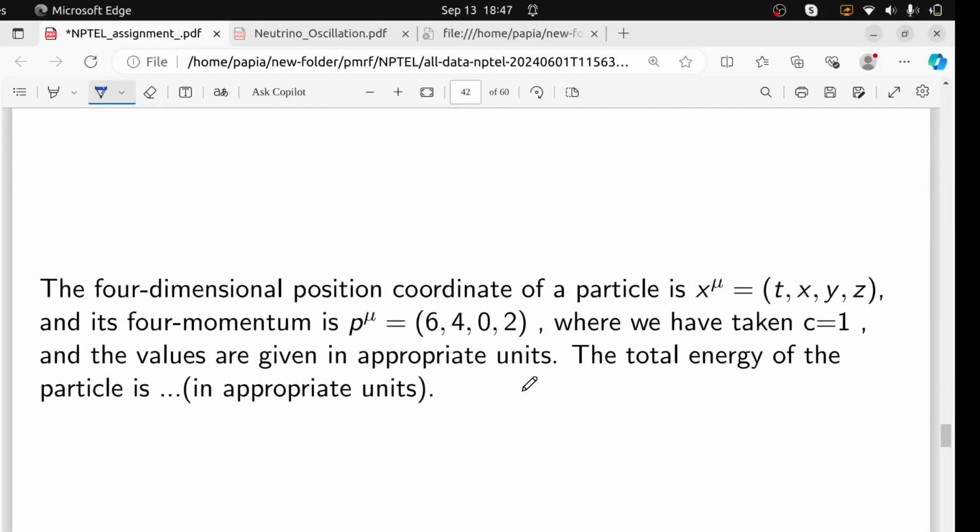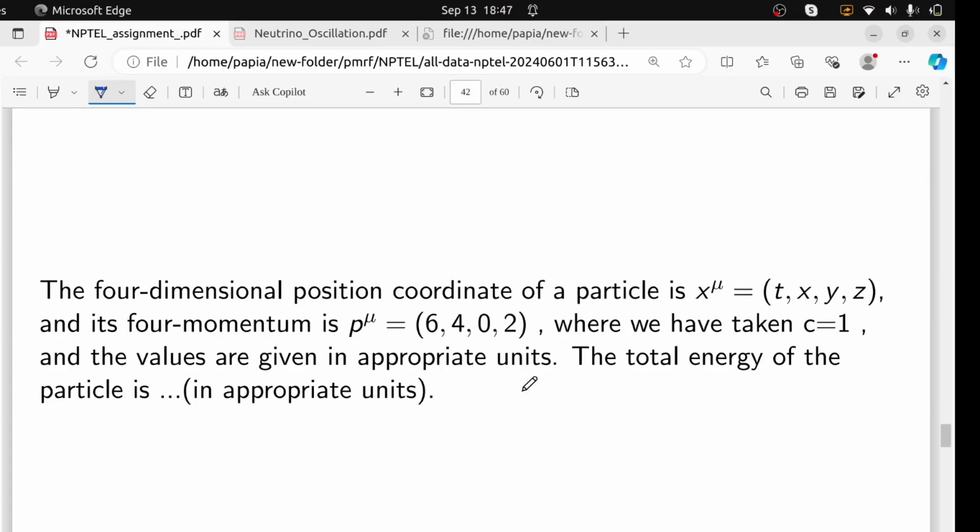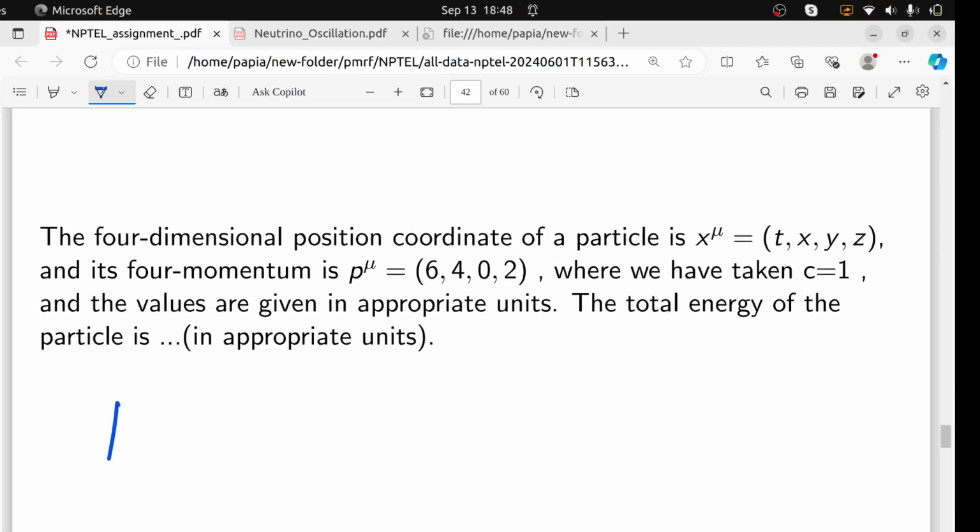Next question. The 4-dimensional position coordinate of a particle is x mu equals t, x, y, z, and its 4-momentum is P mu, where we have taken c equals 1 and the values are given in appropriate units. The total energy of the particle is how much? Okay. Now we are talking about total energy. It's a very simple and very similar question to the previous one, but the only difference is that they were asking the mass in the previous question, but here they are asking the total energy of the particle. So simply we have to write that P mu is